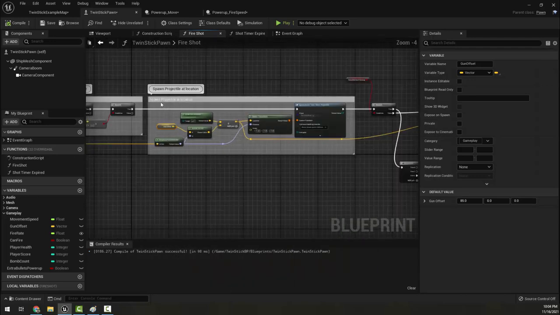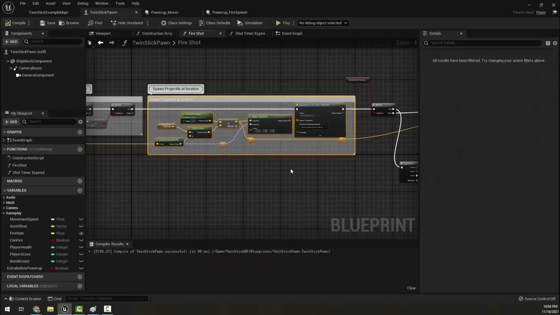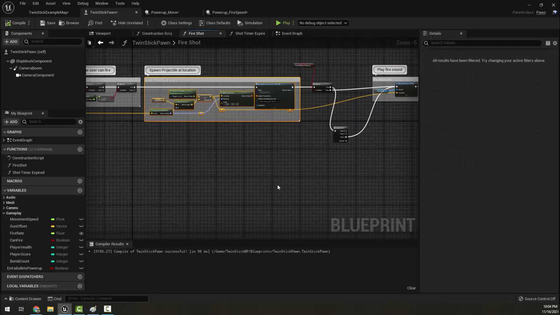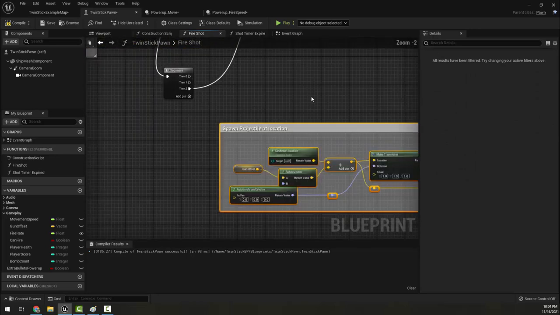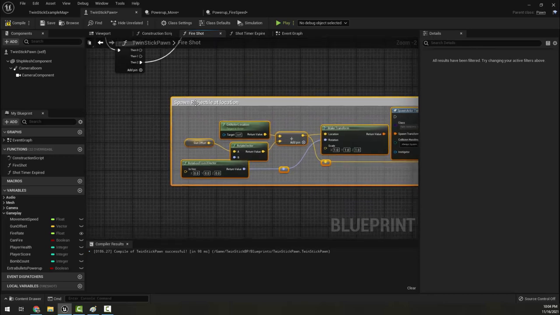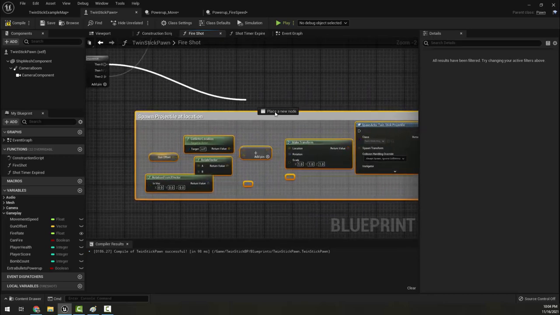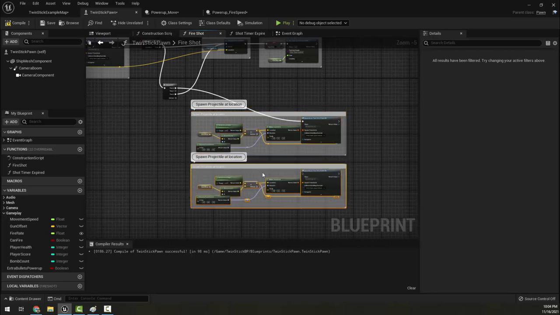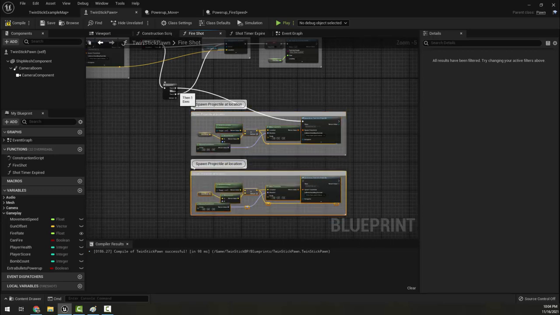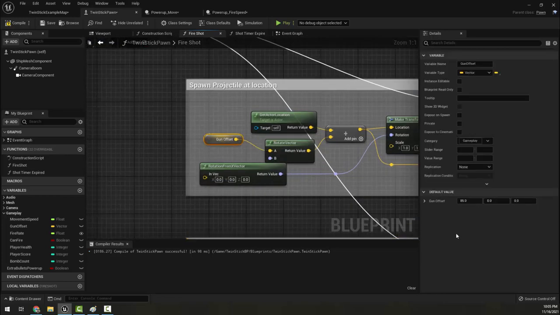So I'm going to copy this whole spawn projectile code, this whole guy right here. I'm going to paste him down here at the bottom. Now these extra projectiles that it's going to spawn, here's one here. And then I'm going to hit paste to get a whole second option here. And I'm going to connect it over here. We want to edit this gun offset. So I'm going to go ahead and say